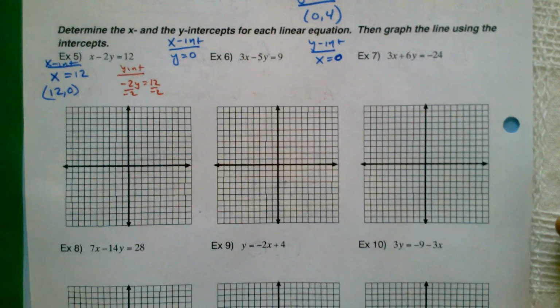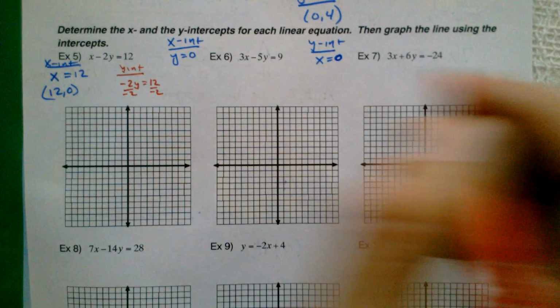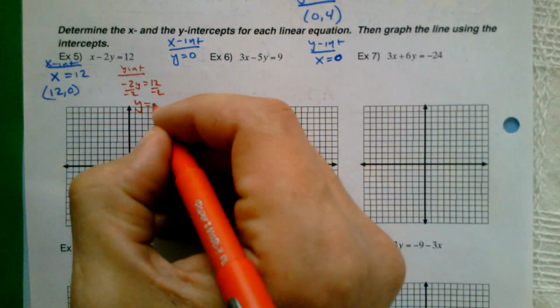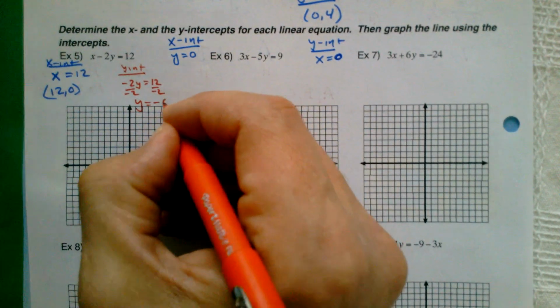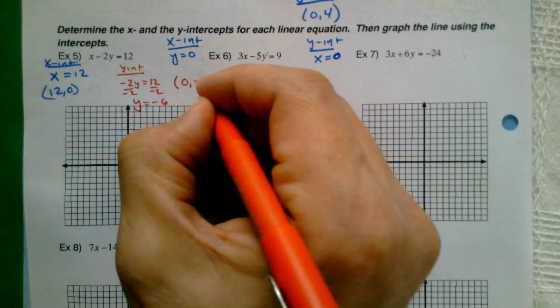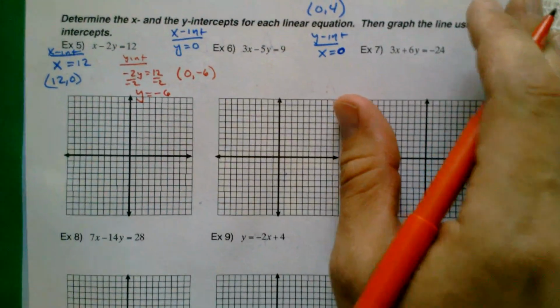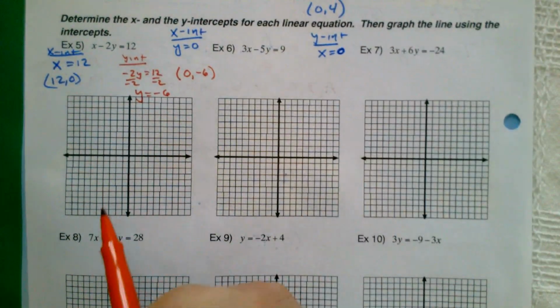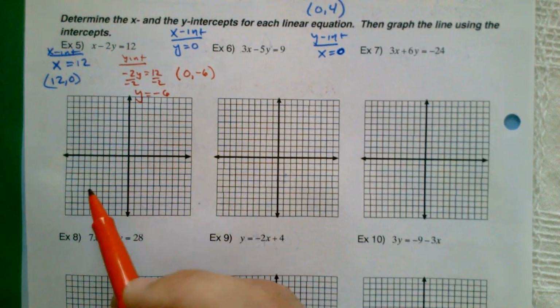Solve for y. Divide by negative 2, and we get y. 12 divided by negative 2 is negative 6. So we were going to write that as 0, negative 6. Okay. Now, if I look at all these boxes that I've given you, all the graphs that I've given you,